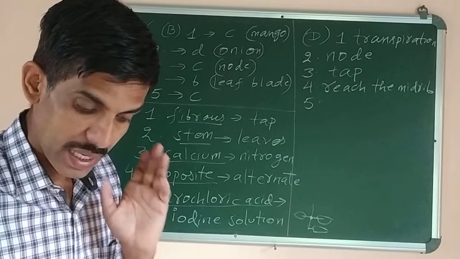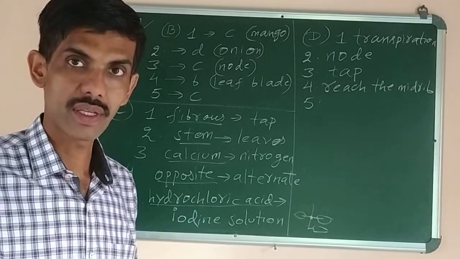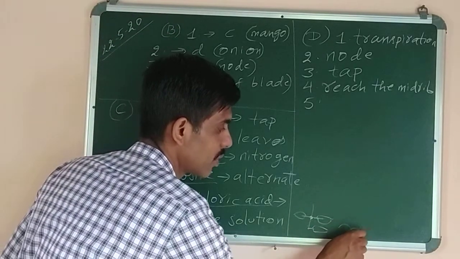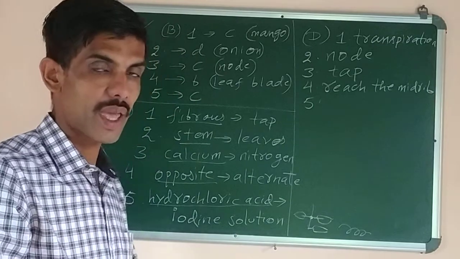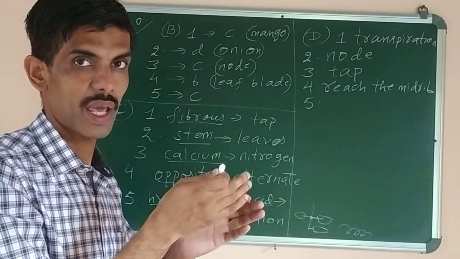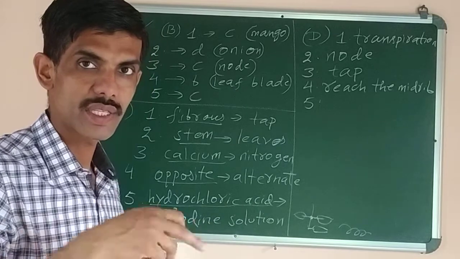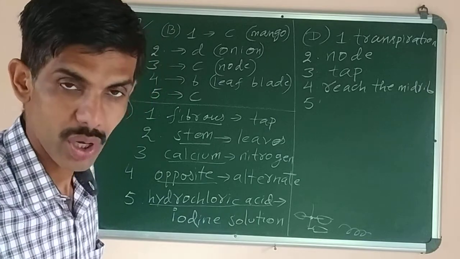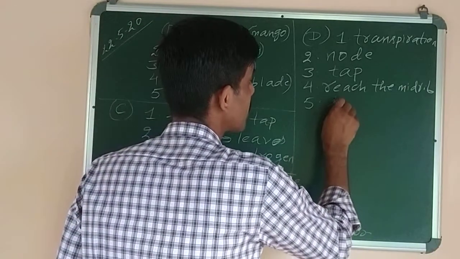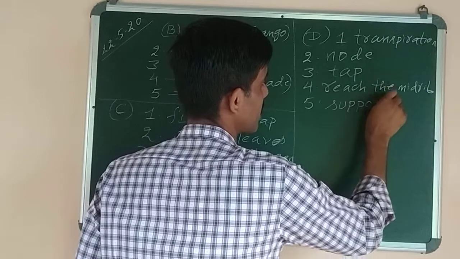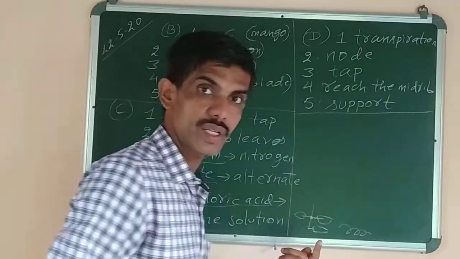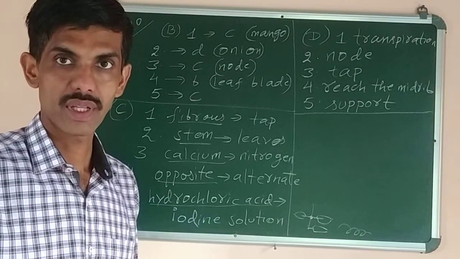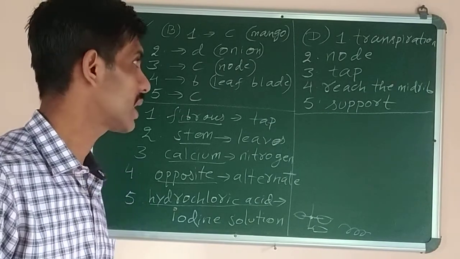Okay, and the last one, that is number 5. The 5th question is leaves are modified into tendrils. In certain plants like pea plant, the leaf becomes thread-like structure like this, isn't it? Why? So that they can climb and take support for climbing, because their stem is so weak. So they change themselves into thread-like structure, which is called tendril. So answer is support or protection. The answer should be it is for support, not for protection. For protection we have the thorns, the prickly pear, the spines, which are modified form of leaves that help to protect the plant from grazing animals.